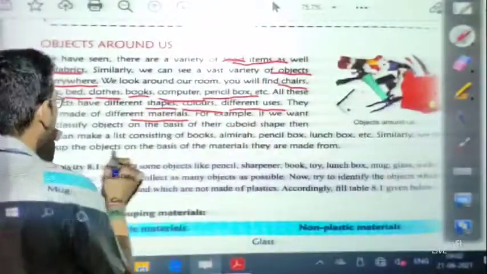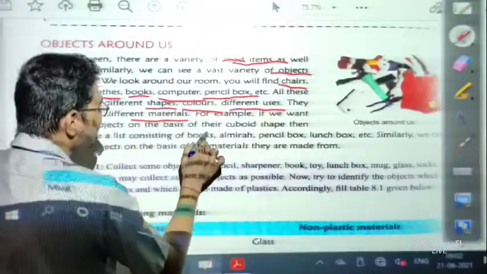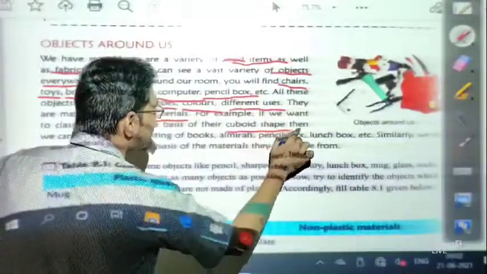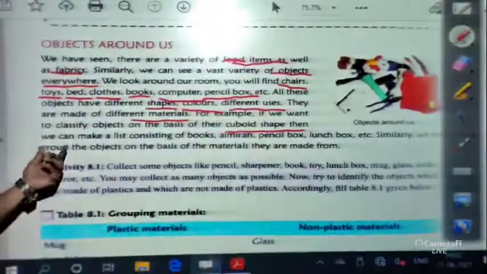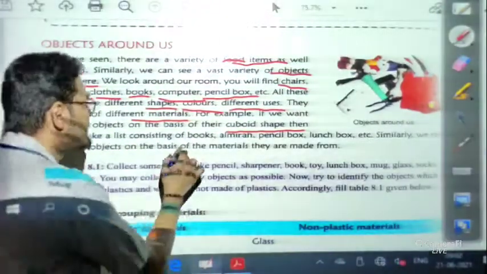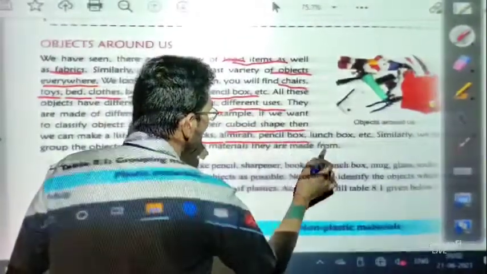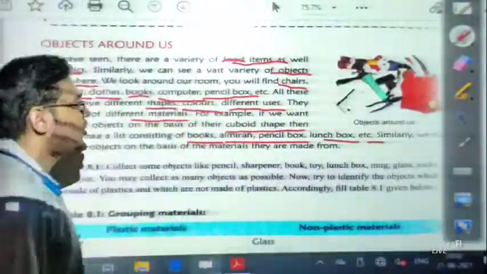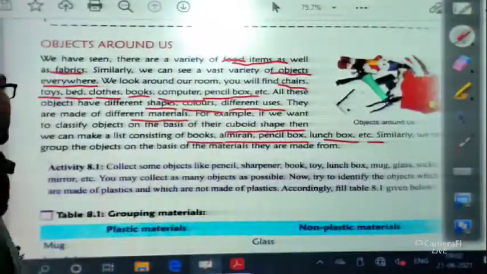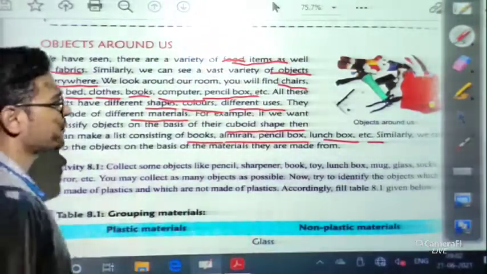For example, if we want to classify objects on the basis of their cuboid shape, then we can make a list consisting of books, almirah, pencil box, lunch box, etc. Cuboidal shape means a cube type shape. In mathematics class you have read about cube.